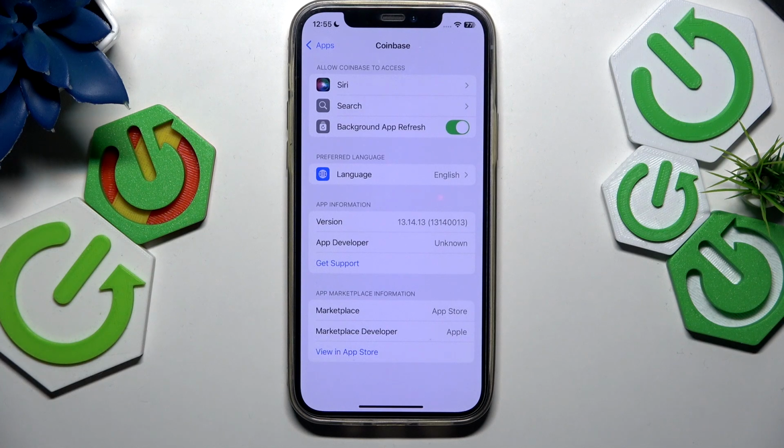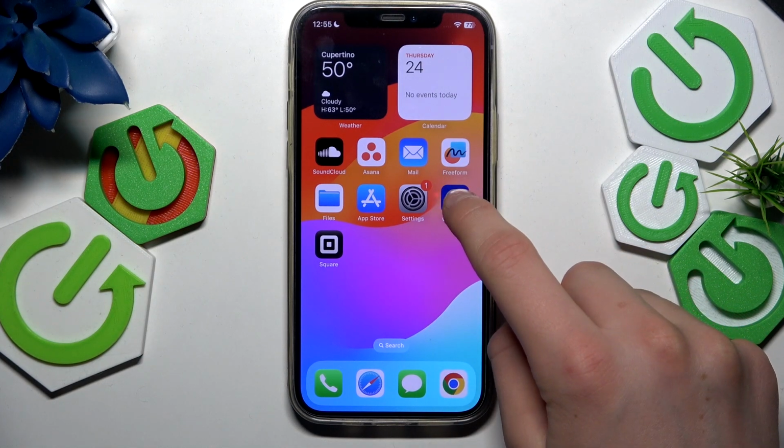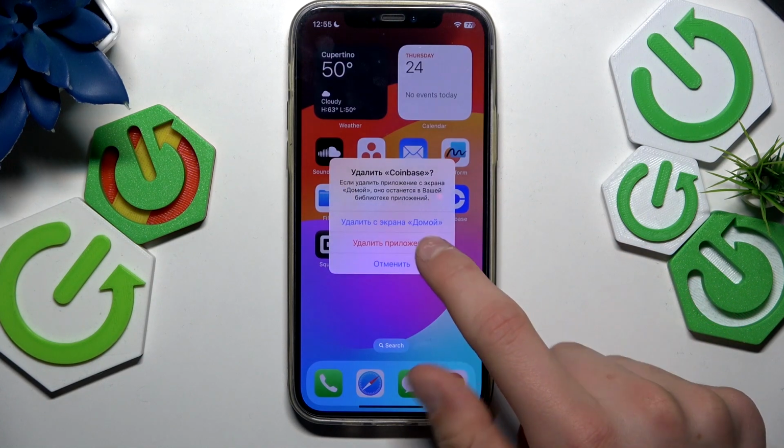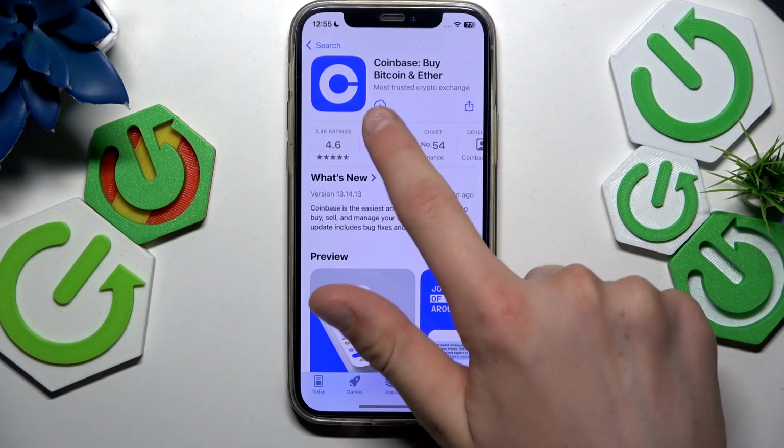And after this, if you have still some problems and issues with the app, there's one more solution. The last one is just reinstall the app, like this. Take your app, remove, uninstall, go back to the App Store and just